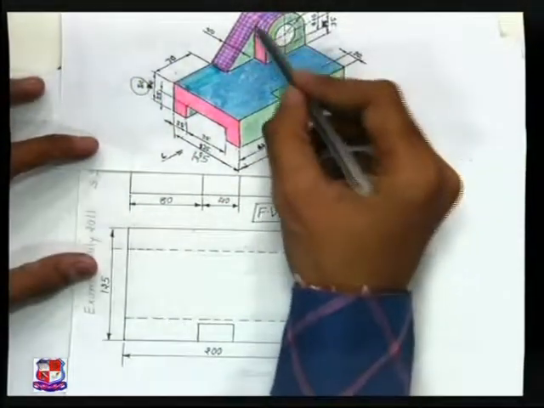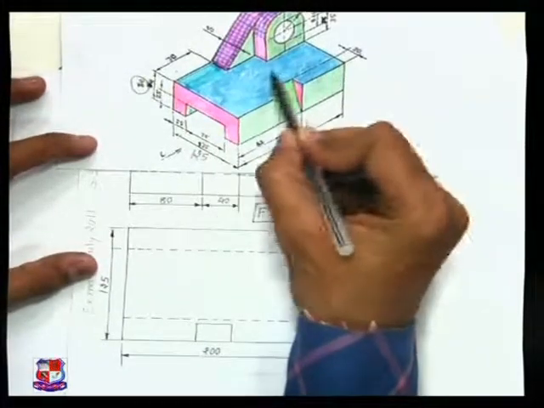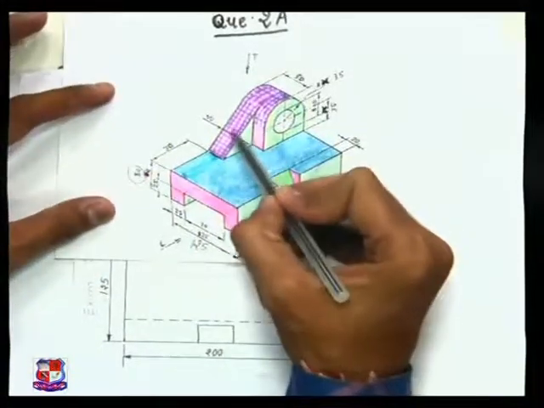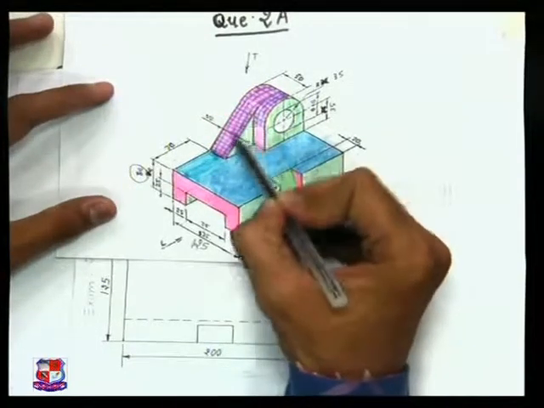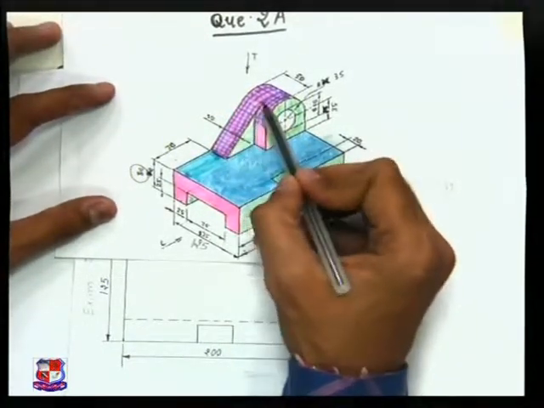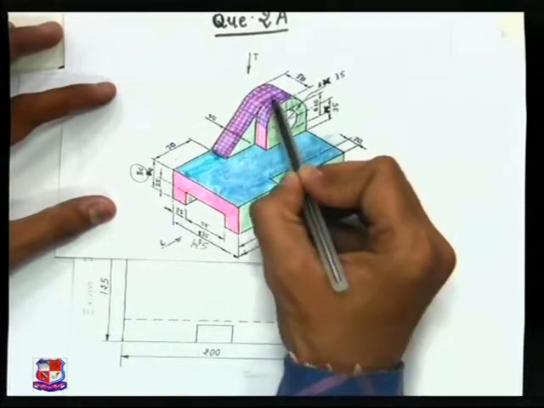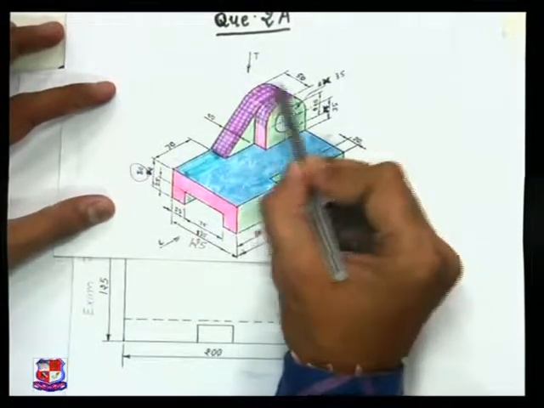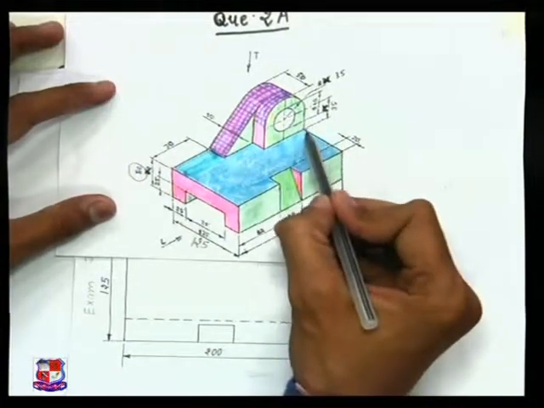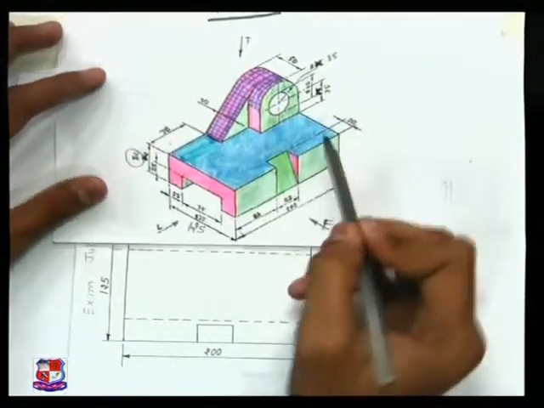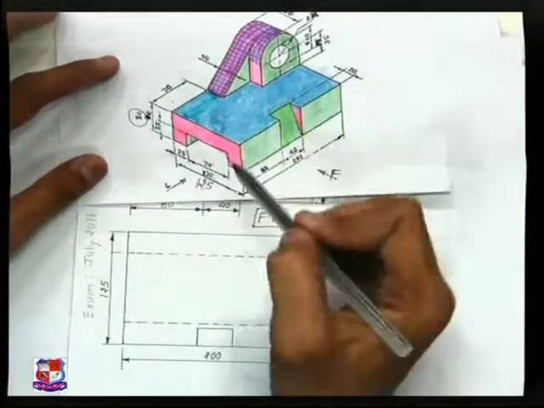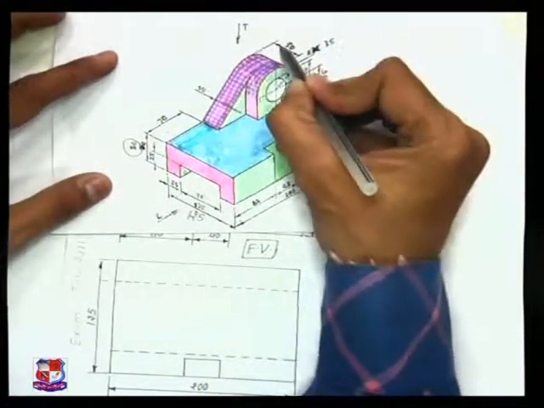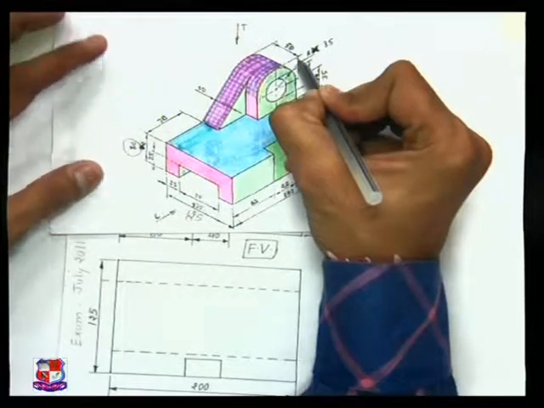Now think about this portion. Till now we have drawn this blue colored portion. What about this? This combination of blue and pink will also appear in top view. This blue colored grid in top view would appear as two horizontal lines. This would appear as a rectangle in top view, and this width is known to us, or we can transfer that width from front view. And in top view, if you are looking from the top, this height would appear, that is 50 mm.